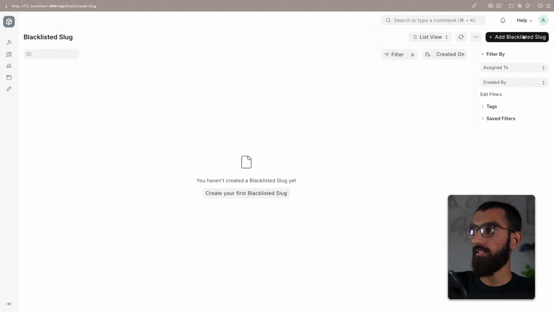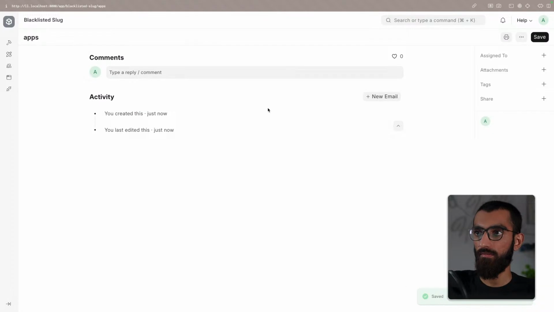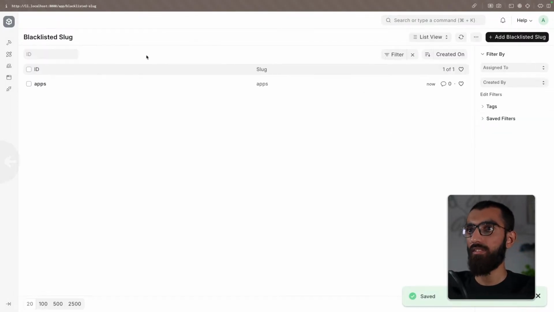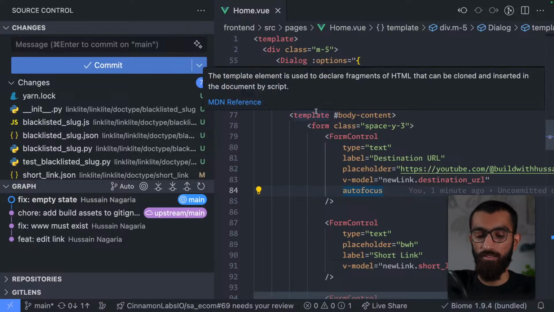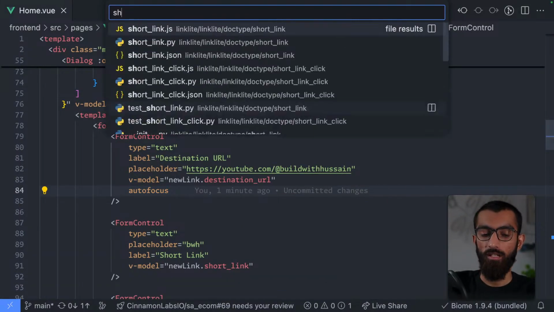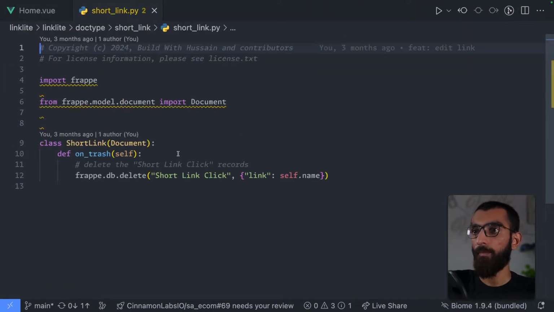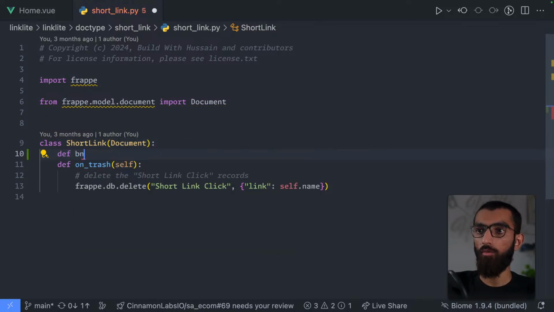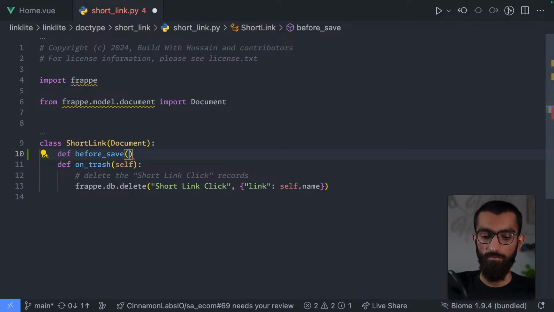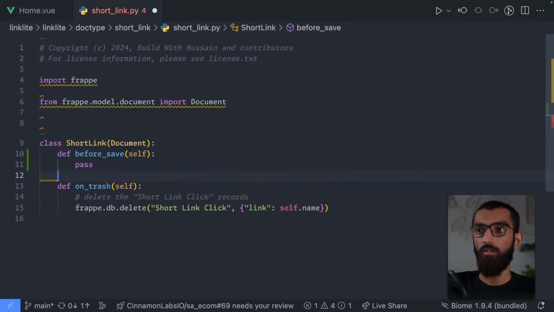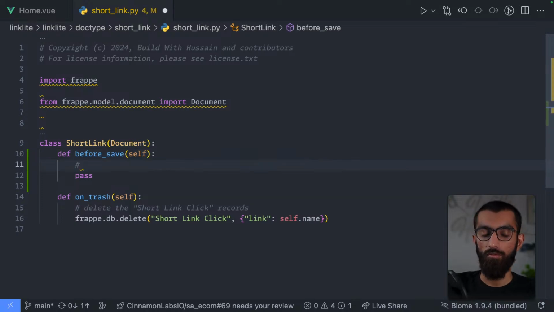Let's go back here. I'll say slash apps, right? So now slash apps, the blacklisted slug, shouldn't be allowed for using as a slug for a short link. And let's go here, short link.py. On trash, we are deleting the clicks, that is fine. But now, before save, what I want to do is check,